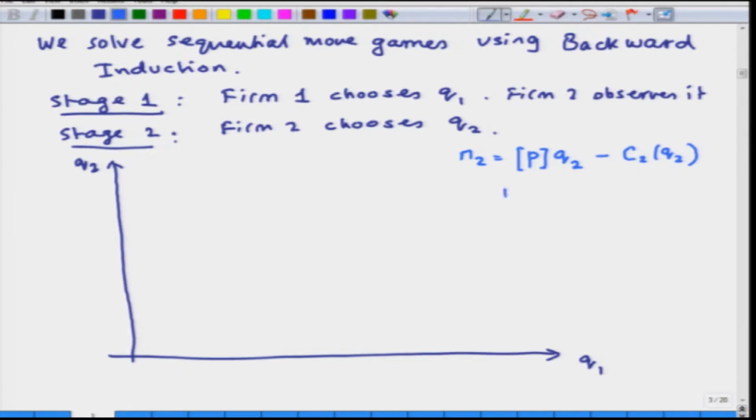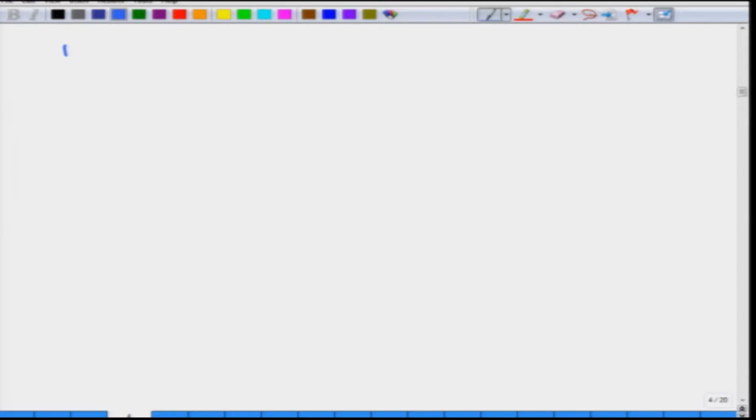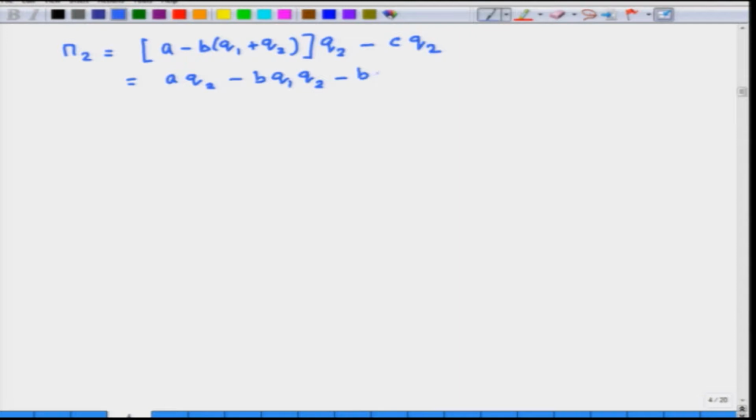and the inverse demand function P is equal to A minus B times Q1 plus Q2, and the cost of firm 2 is simply C times Q2, where little c is the marginal cost. So, if I were to write down firm 2's profit function, it would be A minus B times Q1 plus Q2, which is the price, times the quantity Q2, minus the total cost, which is C times Q2. Right. So, this is A Q2 minus B Q1 Q2 minus B Q2 square minus C Q2,